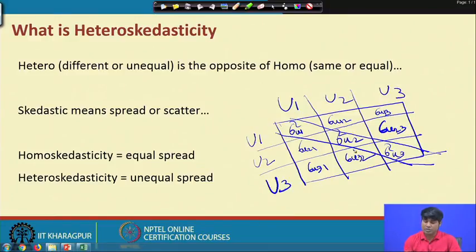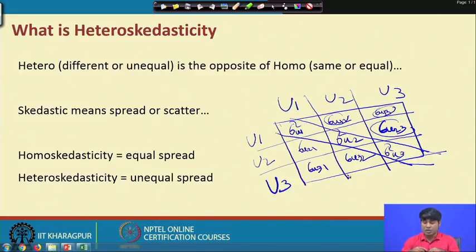This side is nothing but the transpose of these elements, since they are symmetric. So sigma u12 and sigma u21, sigma u13 and sigma u31, and sigma u32 and sigma u23 are almost all the same. When we target sigma u12, sigma u13, sigma u23, by default this problem will go to